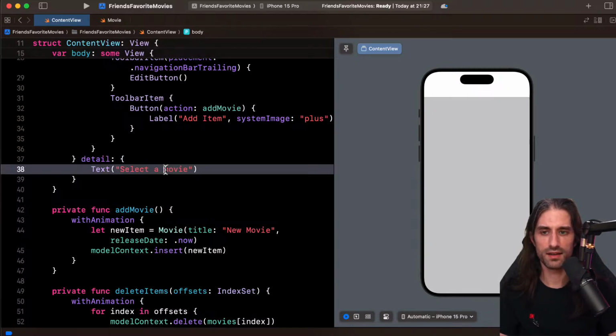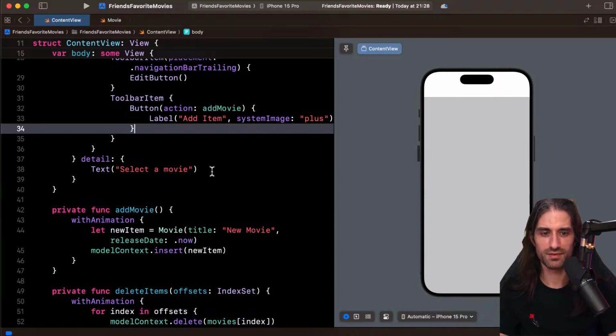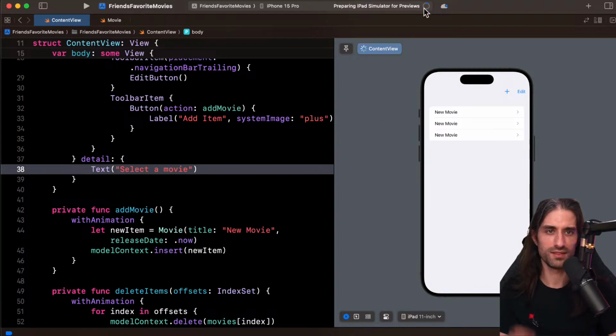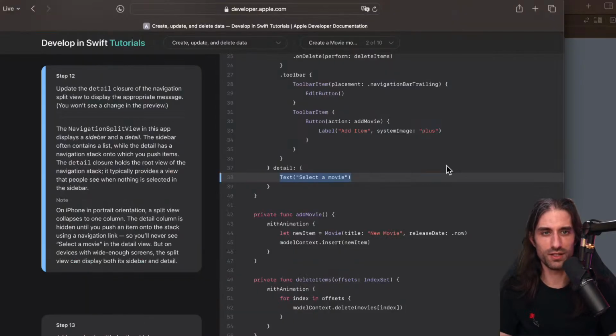And then, so like that. Why is everything broken now? Okay, it's back to working. And just if I change the device to an iPad, for instance. So it needs to boot up an iPad simulator. So it's going to take a few seconds. So I will go back to the tutorial while it does this, but I want to show you what the split view actually does.